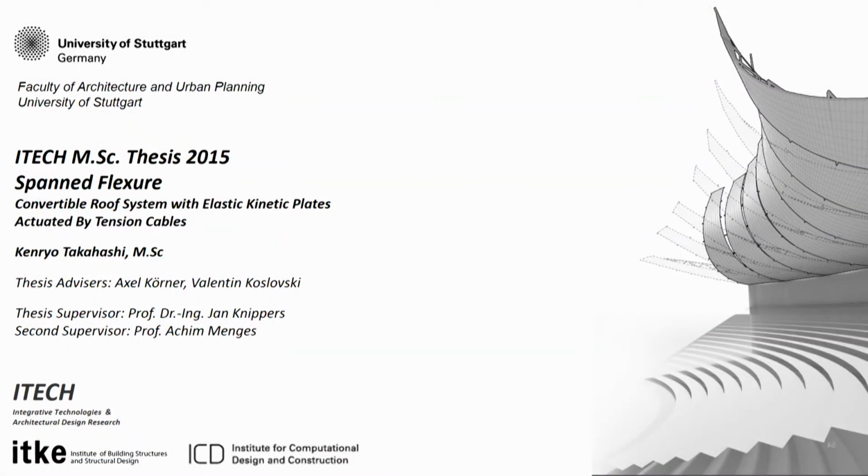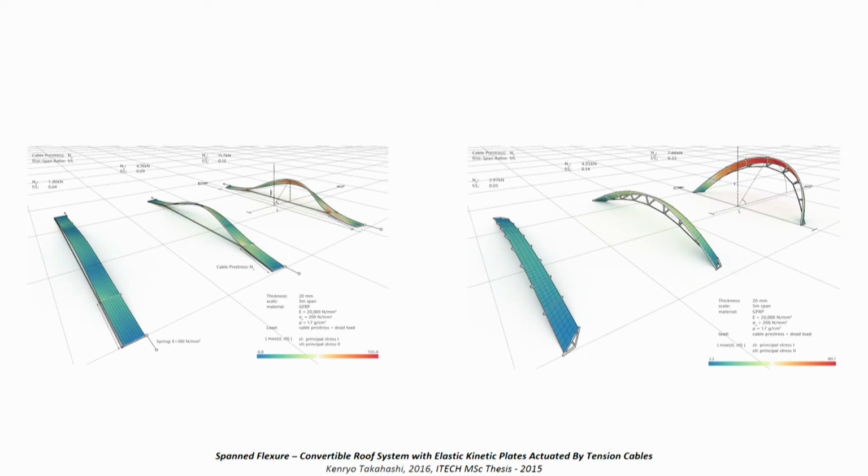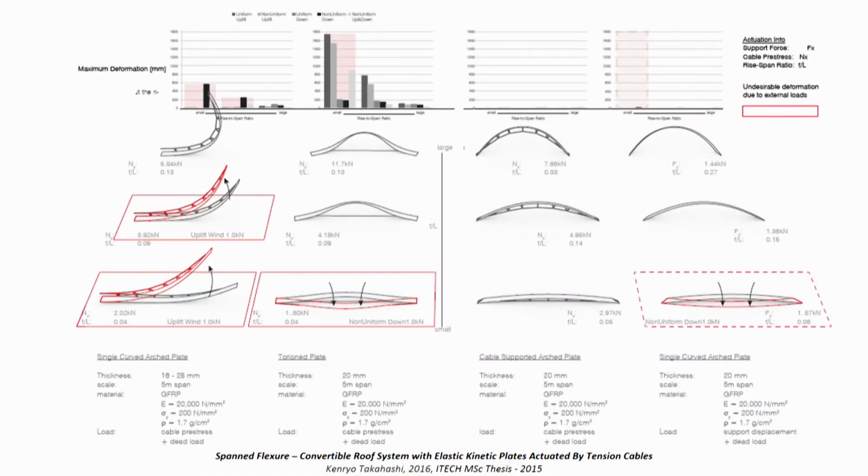And another master thesis on a similar topic was done by Kenryu Takahashi. He basically investigated the scalability of bending active kinetic plates for roof constructions, and he made a lot of experiments and analytical and simulation studies on how we can scale them by altering the support conditions, by how can we add torsion into the element that we bend those systems out of plane to create an opening and then closing, and tested them under certain loading conditions like wind and snow load, and